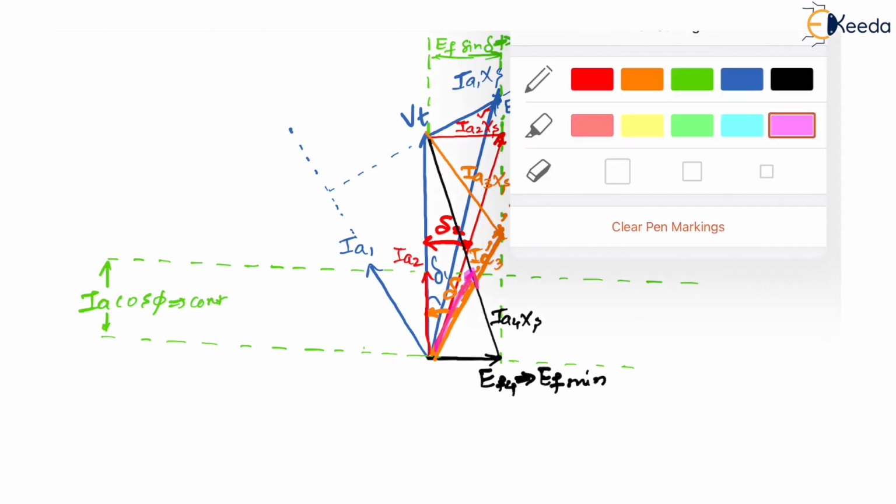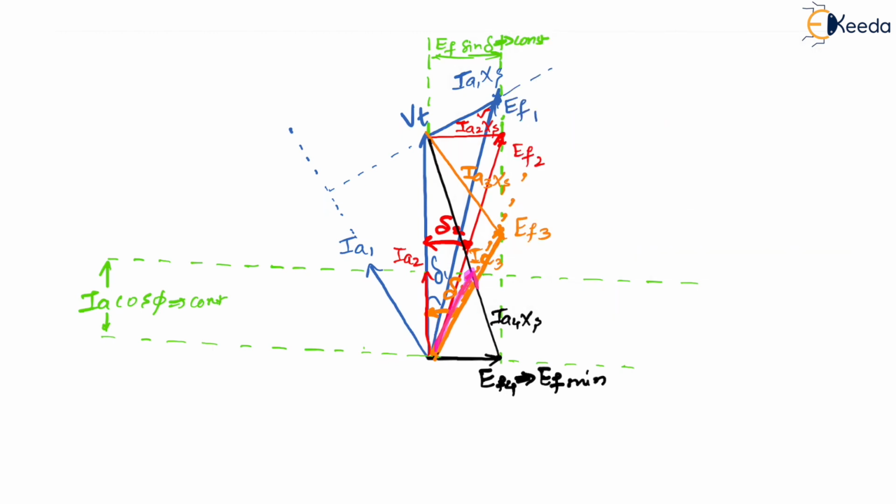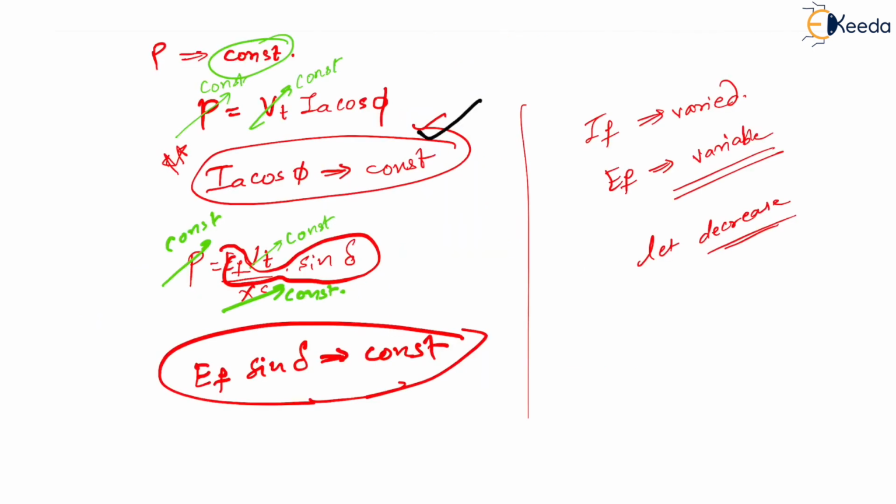Now what should be Ia4? Ia4 will be what? 90 degrees from here is going to be Ia4. 90 degrees from the Ia4 axis, correct? Which means what? My Ia4 is going to be like this. This is my Ia4. Correct or not? Yes, sir. Now, this is the whole story. This is how the diagram looks.